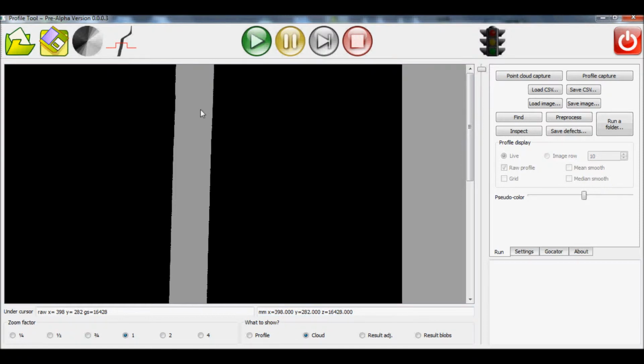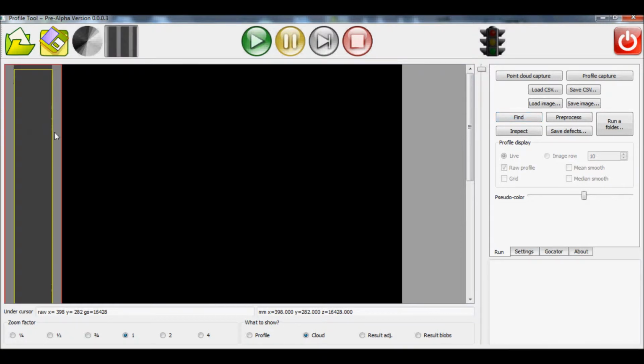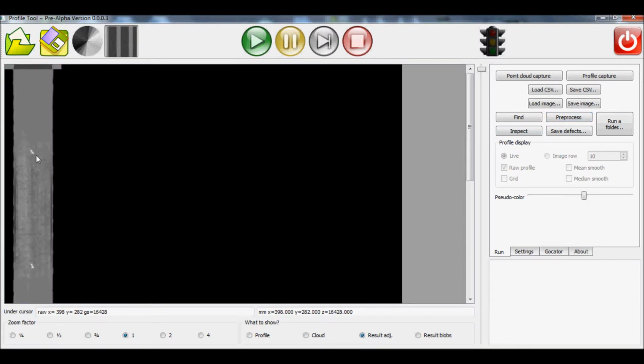So to analyze our defects, first we need to find this surface and align it in a nice straight rectangular buffer over here with our surface that we're going to inspect in the yellow box here. Then we're going to pre-process the image, and as I go over to the adjusted results buffer, we now see these start to become apparent again like we saw in the pseudo color image,